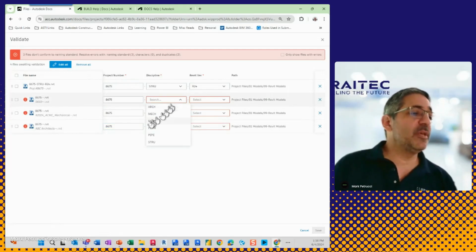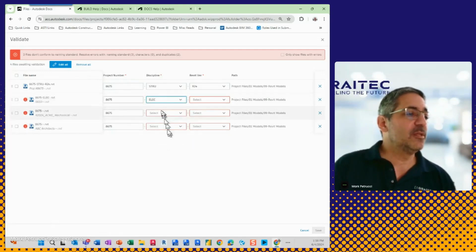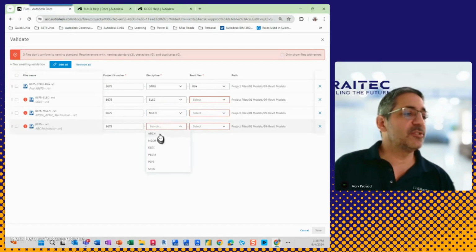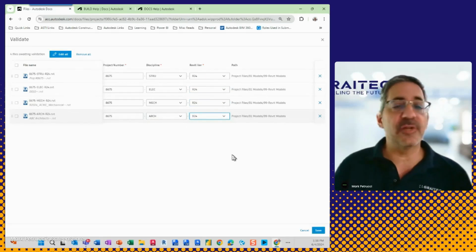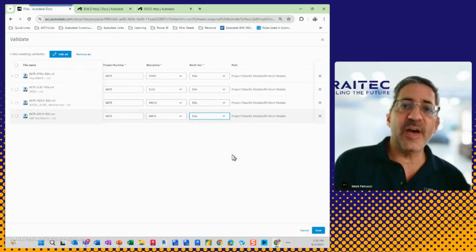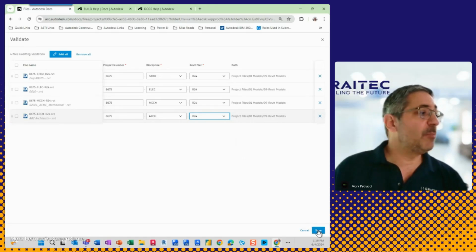This was supposed to be my electrical file, but it's missing. I can't tell just by looking at it. Notice I renamed this and I gave it the wrong number. I deleted part of it, but I know that's electrical. This one here says it's mechanical, so I'll switch this one to mechanical. And this one says ABC Architects, and I'll switch this to architectural. And these should all be Revit 2024. Now, I'm doing this as a project administrator, but the people who actually uploaded the file could also do this. And now if I hit the save button,